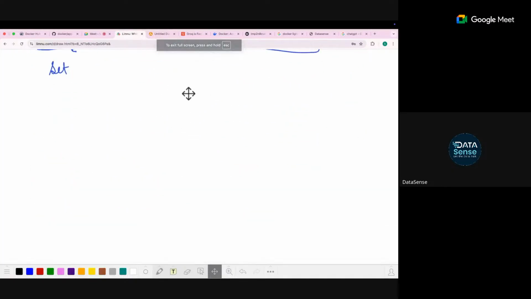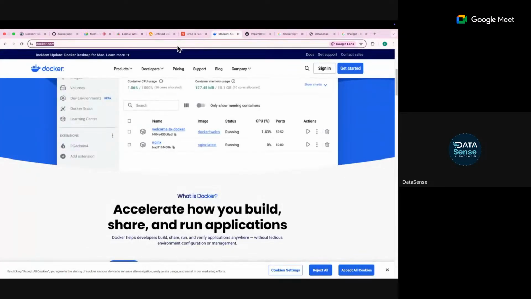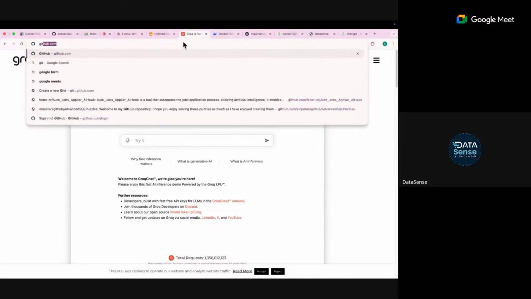There are already pre-built images. For example, my application is a Python application, right? So if I try to find a Python image, there are standard Python images present on Docker. There's a thing called Docker Hub, just like GitHub. You all have seen GitHub, right?